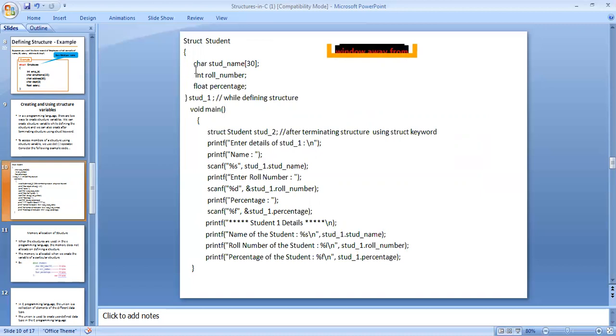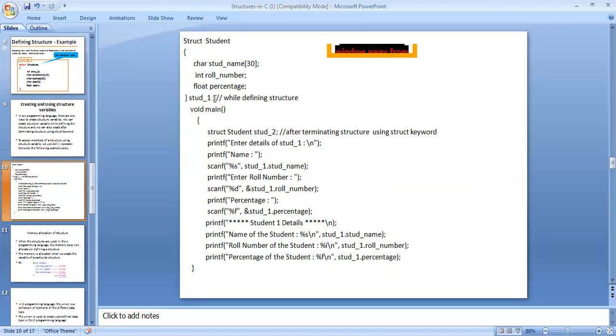We define the variable declarations using one of the data types, char, defining the student name, with the size declared as 30 within the square brackets, ending with the semicolon. Int roll number, ending with the semicolon, and float defining the percentage, ending with the semicolon. Here bracket close, student_1, ending with the semicolon.